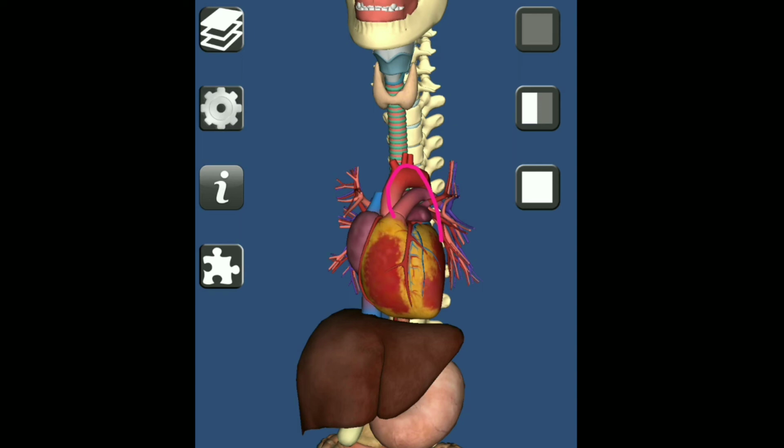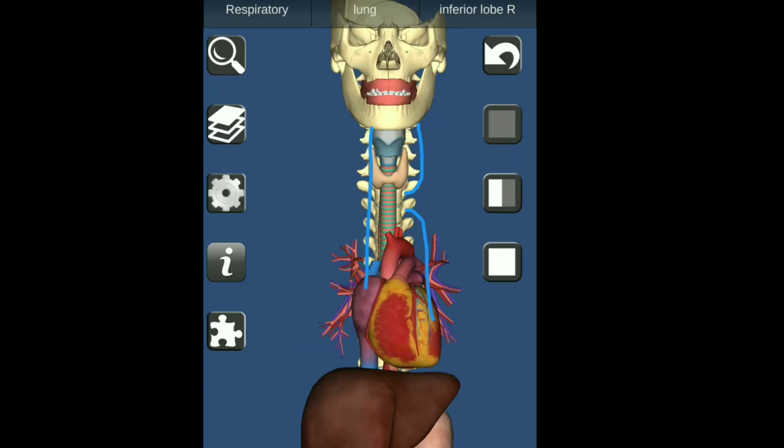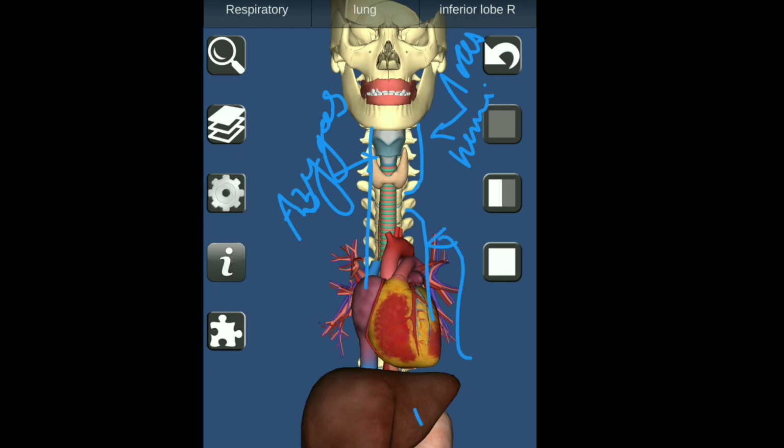So on the right side we are having azygos vein, and on the left side you are having the termination of hemiazygos and the accessory hemiazygos vein. Okay, so basically this is the azygos vein, and on the left side we are having this accessory hemiazygos vein and hemiazygos vein. So in this manner we have completed the relations of esophagus.